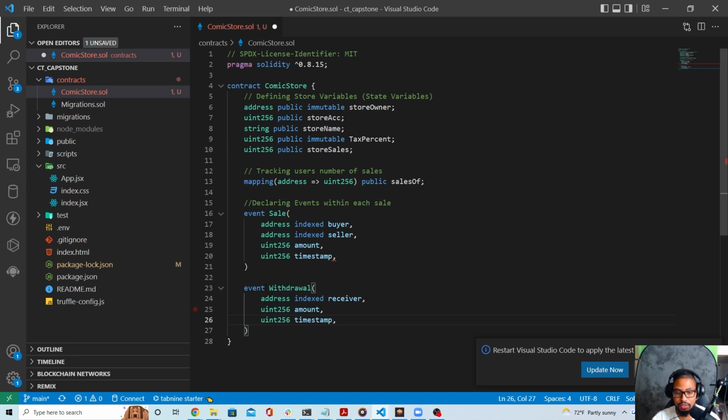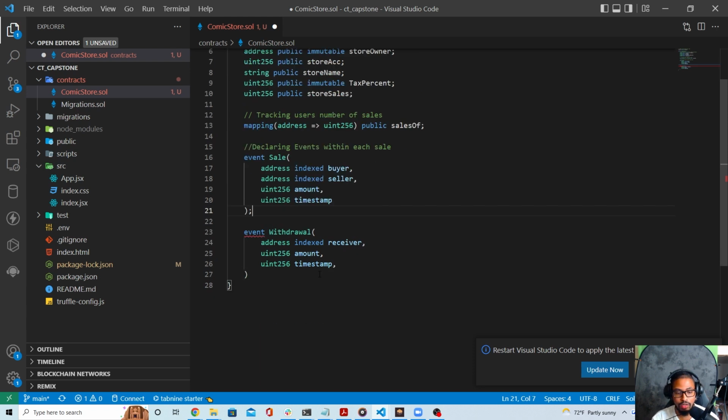So we got our events. So when a sale happens, we can see what happened inside of that. Let me take this out of here. And I do believe I need a semicolon. Yeah, I'm missing a semicolon there and here. Okay. Clean that up. So now that we have that,